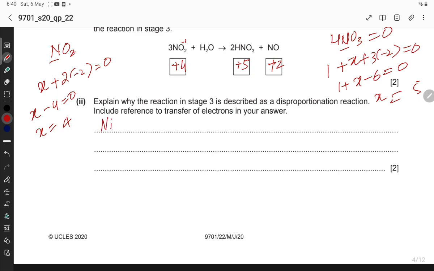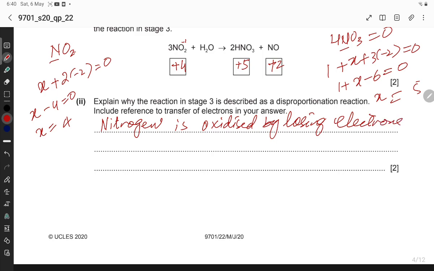Nitrogen is oxidized by losing electrons from NO2 to HNO3, from plus 4 to plus 5, and gets reduced